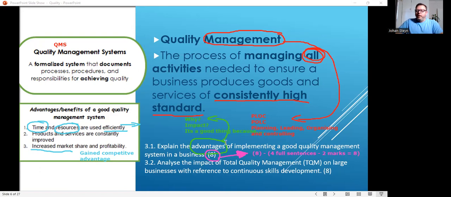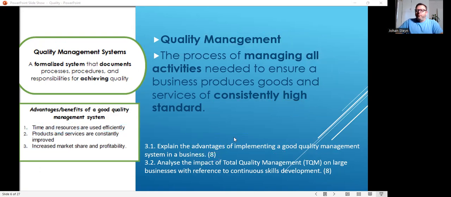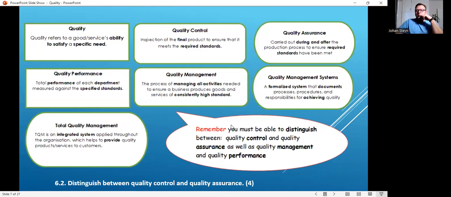So when we get to the concept of quality, this is basically how you should see it. So it starts off with the concept of quality. So that means, can the product satisfy the need, yes or no? Then we look at quality assurance. So that means things that we do during the process to ensure that,